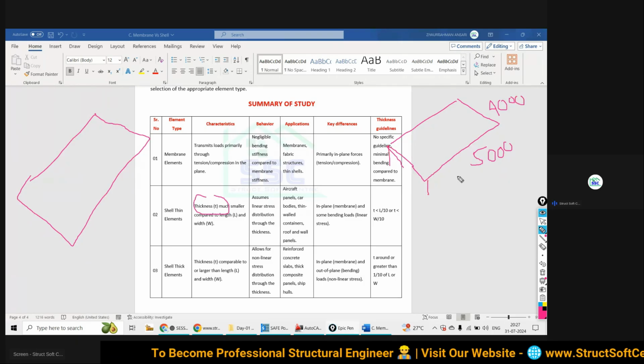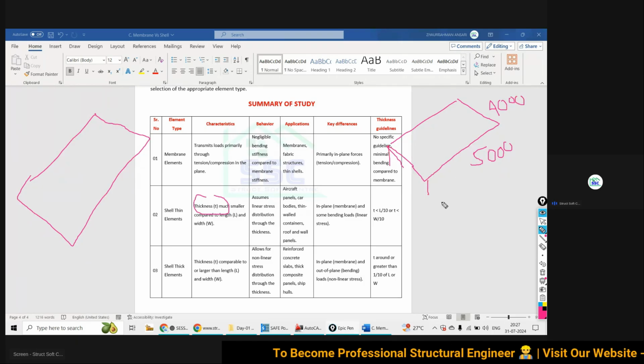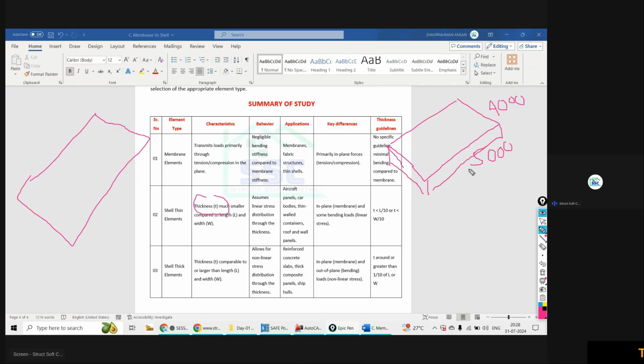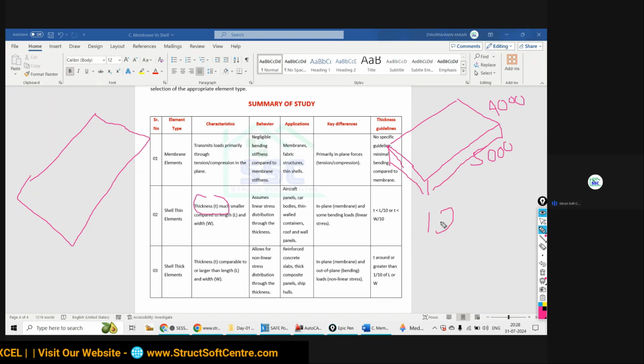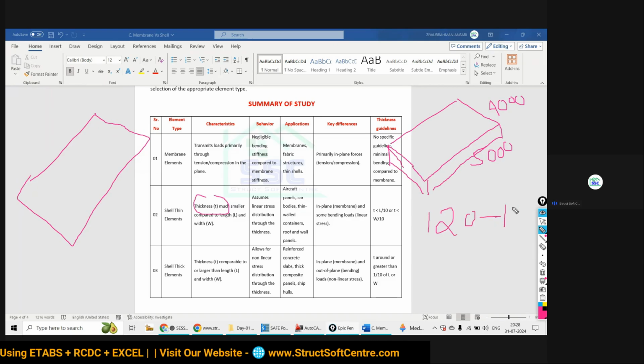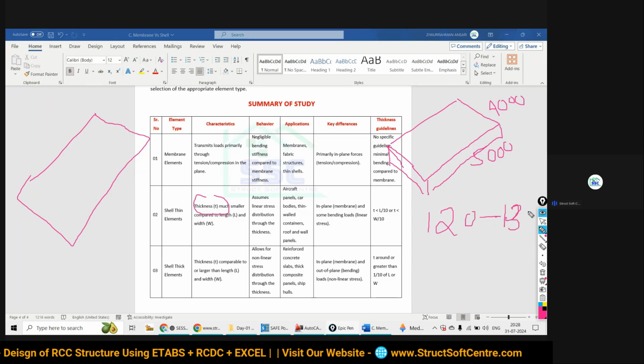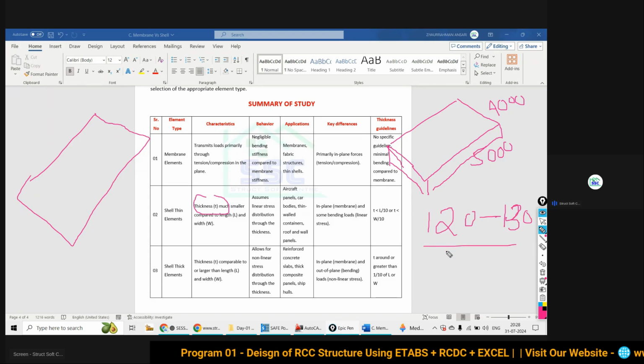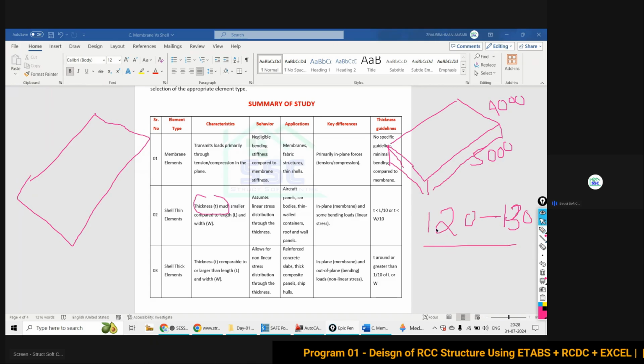So in comparison to this 5000, 4000, your depth is much smaller. Normally residential floor slab designs are going to be satisfied with 120 to 130 mm. Most of you are consultants, so you know the slab of a residential building gets set in the range of 120 to 130. Am I right or wrong?